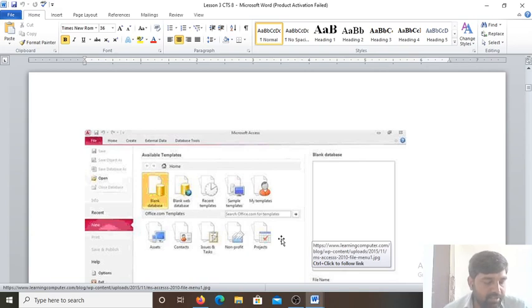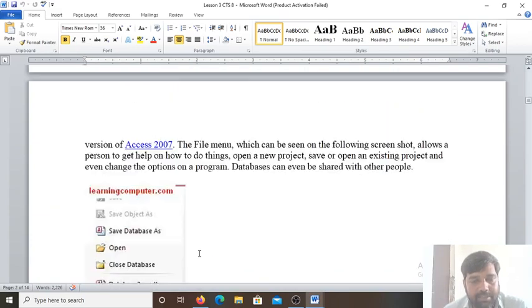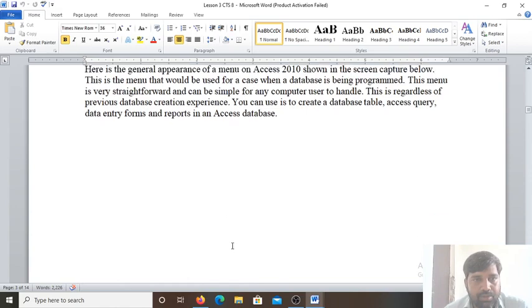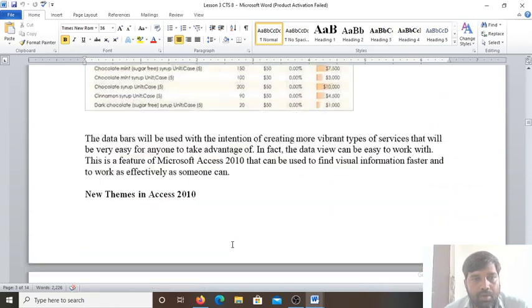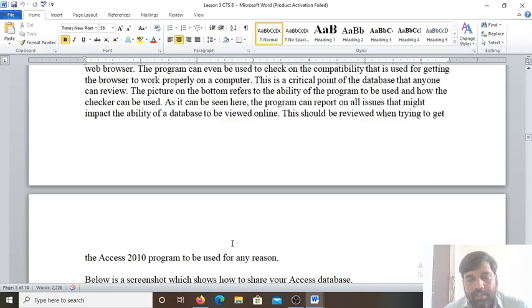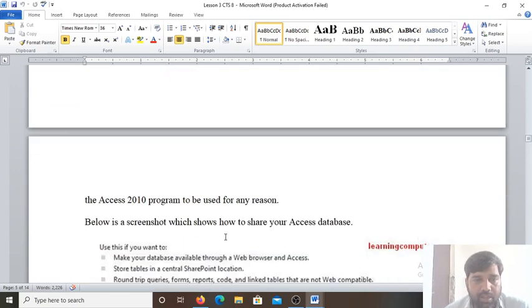In Microsoft Access, the data are stored in the form of tables. In the database, the data are stored in tables, and these tables are the building blocks of the database. They store the complete data in a structured manner in the form of rows and columns. Every table has a finite number of rows and columns. Finite means that you can count it, a limited number of rows and columns.